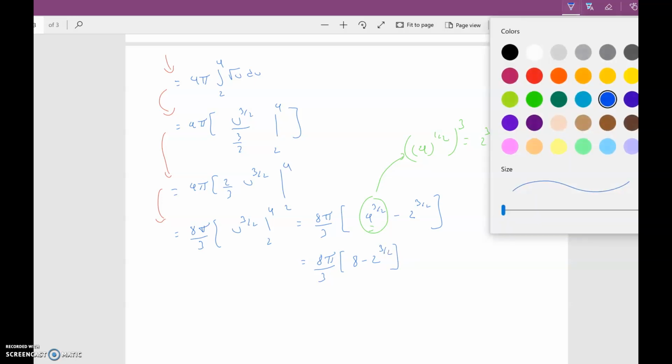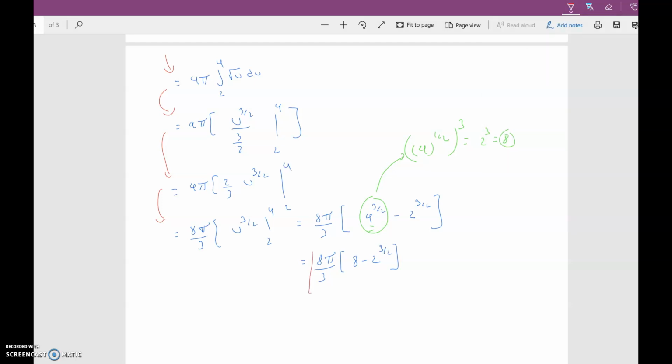So I would be very happy with this as a final answer, or the one above it. You really can't simplify much that previous one. So if you left it like that, that would have been fine. In this case, we would just say units and units. And let me evaluate to tell you what I'm getting. So I'm looking at 8